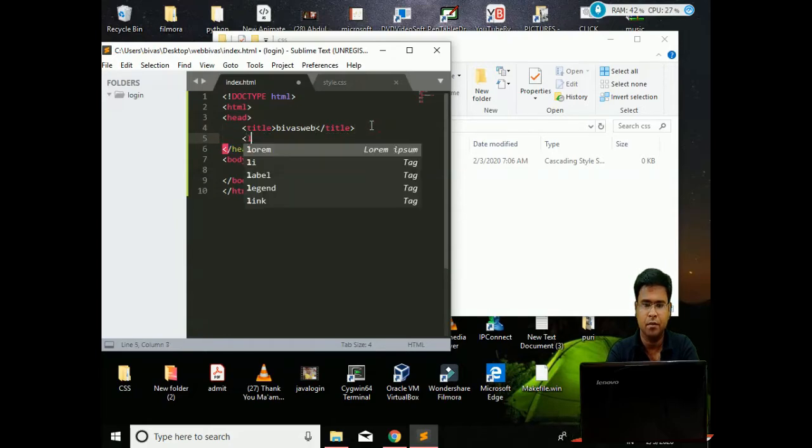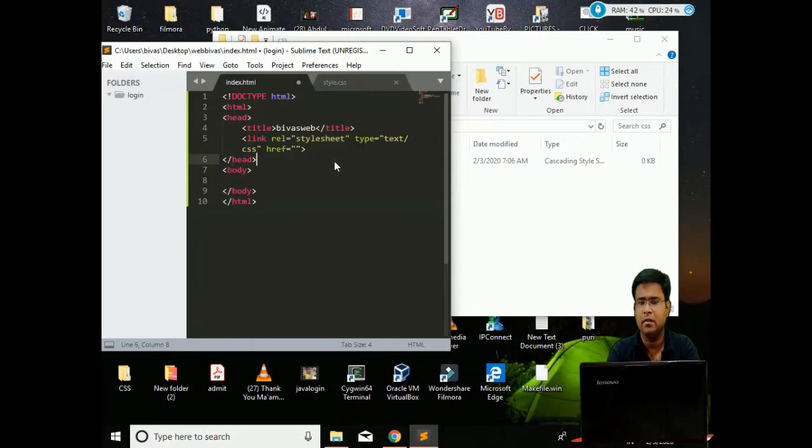Another, I am creating another link. Why is the link required? Because I have to link this portion with that CSS. Until and unless we create a link from this page to the CSS, it will not be able to connect all my coding or styling. So all I have to do is write link rel stylesheet type text/css href, hyperlink reference.